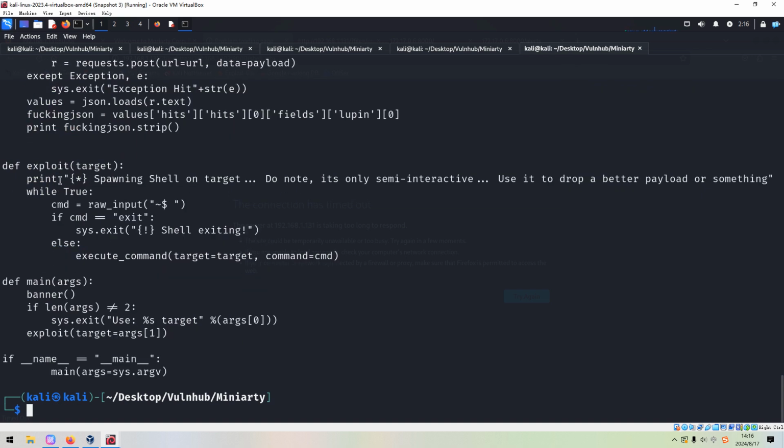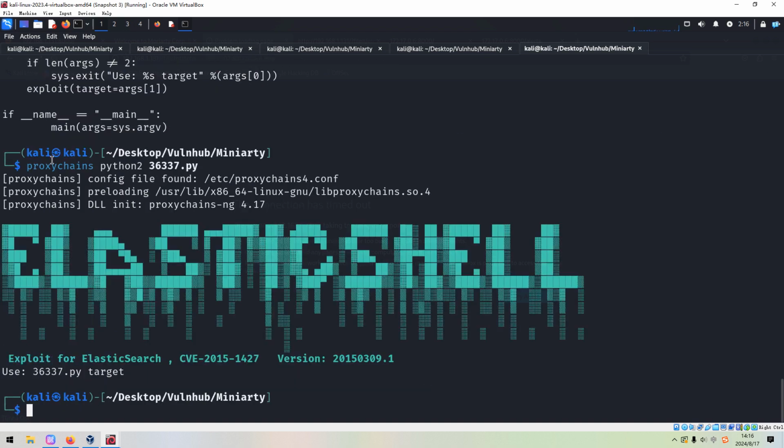As you can see, this is written in Python 2. So we can use proxychains, Python 2, and the exploit. We need to specify the target.